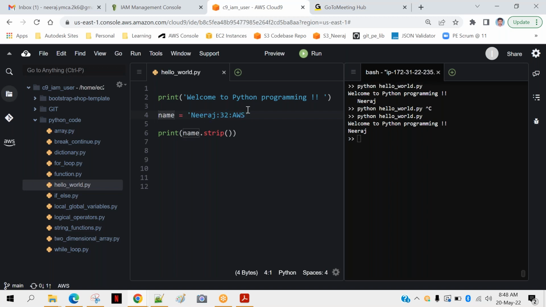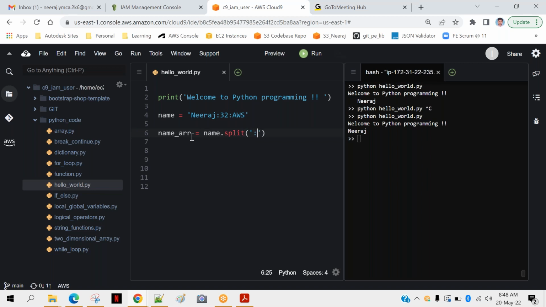But you want to convert this string into an array so that you can play on individual component, individual element. So what you can do is you can say name underscore array, give some name, and you can split this, dot split based upon what? Based upon colon like this.